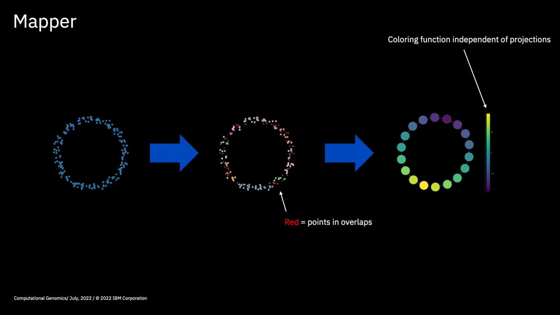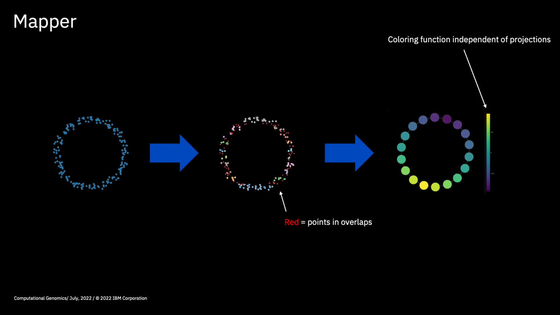Consider a point cloud like the one on the left. Assuming we have a covering, that is, a collection of subsets such that the point cloud is contained in the union, we can then construct a graph as follows. We add a vertex for each element of the covering, here represented with different colors in the middle figure, and for every non-empty intersection between pairs of them, indicated by red points, we will add an edge between their respective vertices. If we additionally have another scalar function that takes value on our original point cloud, we can visualize its